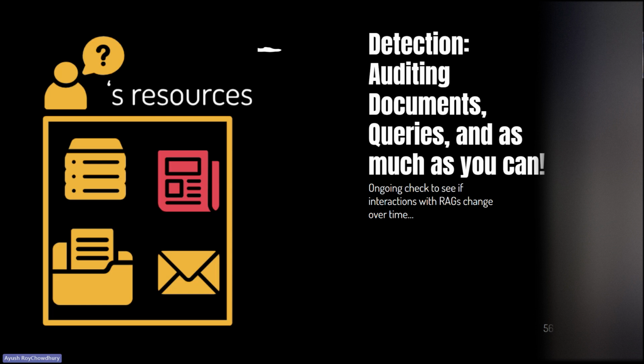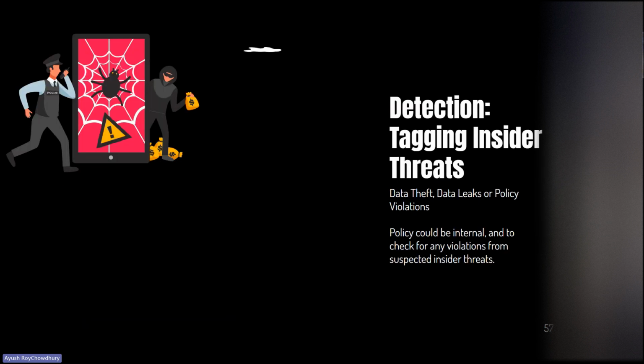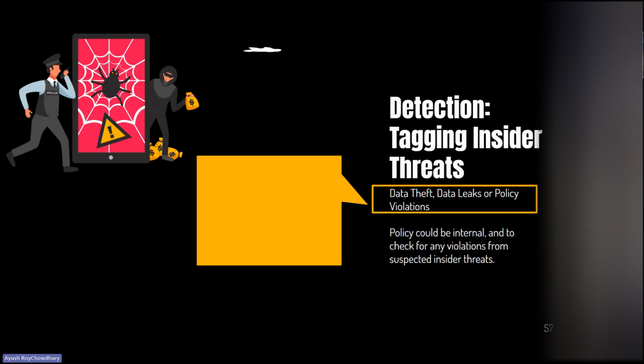And auditing documents, and even being able to audit the queries that are made across your organization, is so important. Because one, you'll be able to find if there's any malicious data in your organization, but two, you're also able to see if there are any insider threats that are purposely doing this. So if someone within energy and utilities is querying about student data, you'll be like, well, that doesn't seem right. So you can have data loss prevention within your organization where it might be close to impossible for someone to copy and paste PII or ask about PII if they shouldn't be asking about it.